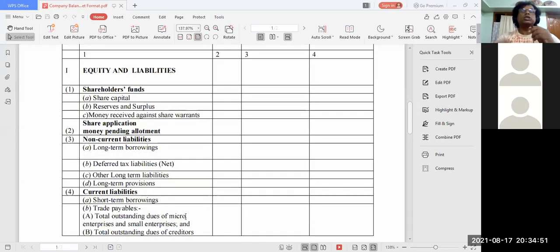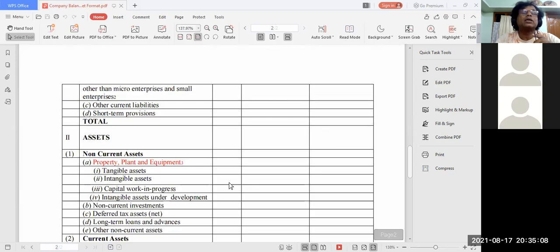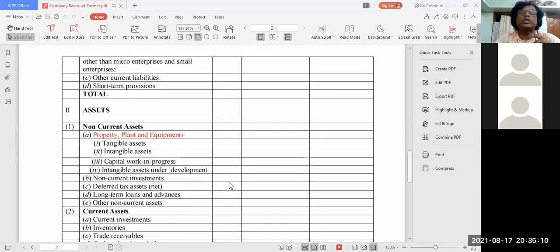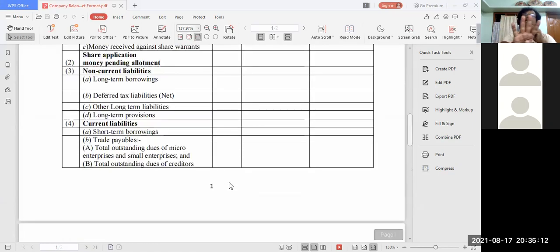First duty: you write this format in your book. Try to copy. The moment you copy, you shall remember my class. I said under equity and liabilities is the first heading, and the second heading is asset, and the whole balance sheet you can put in very small things, five letters only. Can anybody tell me what those five letters are to remember?